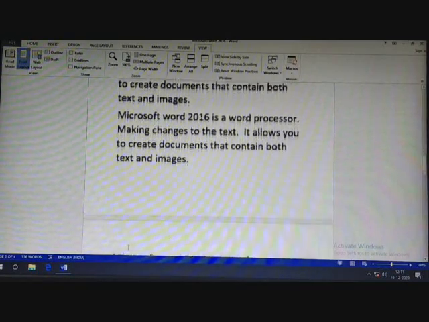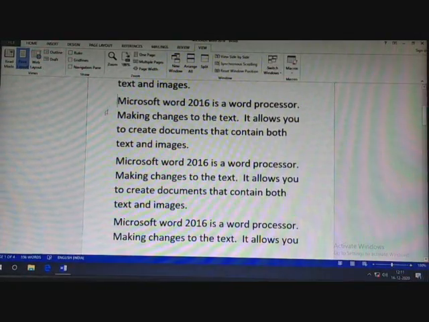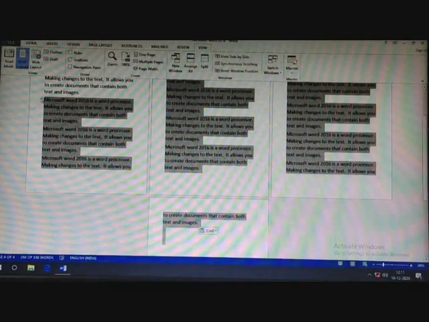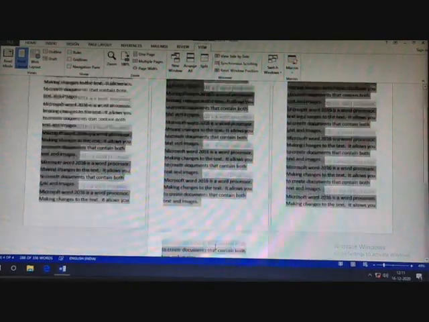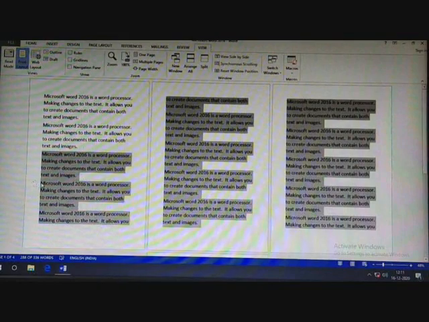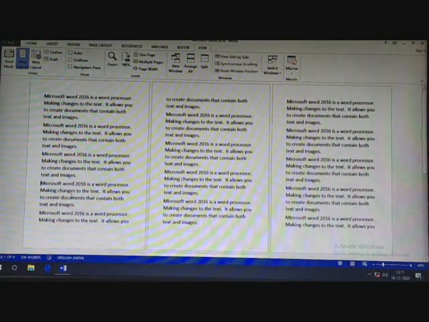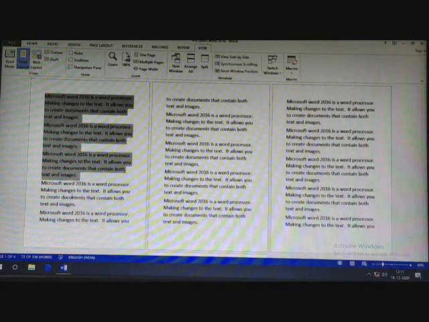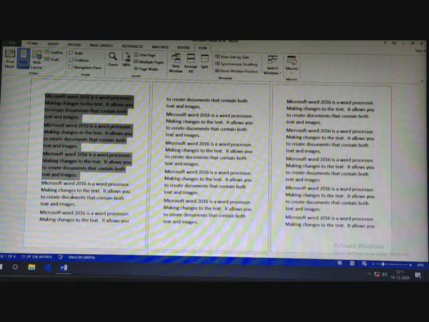If you want to select the whole document from where your mouse pointer is kept, okay, my mouse pointer is here, I want to select the whole document down to the end, so you have to press shift plus control plus end. See, multiple pages, I've kept my mouse pointer here and it is selected to the end. Same thing you have to do: put your mouse pointer here and press shift plus control plus home. When you do this from your starting point, meaning wherever you placed the mouse pointer, everything from there up to the top will be selected.